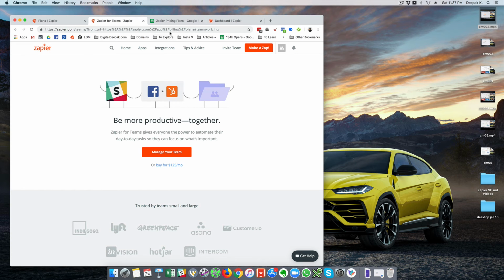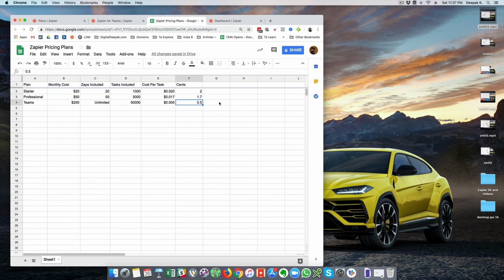What I'm going to do is help you sign up for a Zapier Team account by partnering you with other people if you really need it. If you need it, go ahead and leave a comment below that you need someone to share a team account with. So if you are two people, you can pay $125 a month and have 25,000 tasks each, and still pay only 0.5 cents per task.